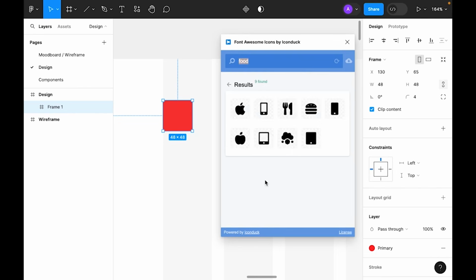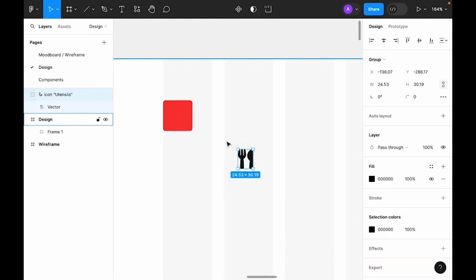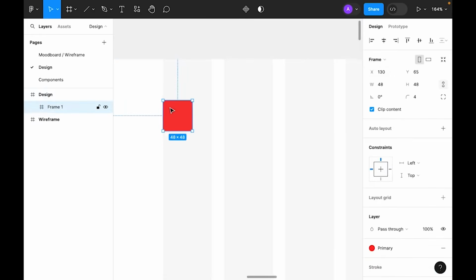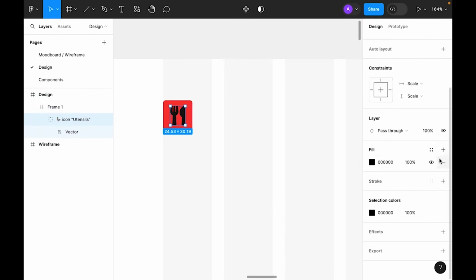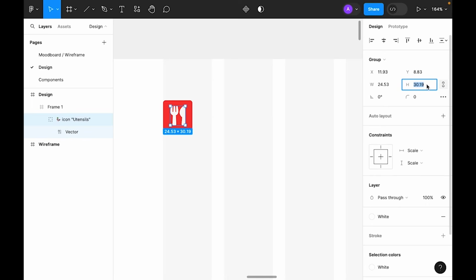Type for food. Okay, so as we can see we will use this icon. Just click it. Font Awesome already added to our artboard. Cut this and paste inside the frame. Let's make it white, and for the height let's use the half